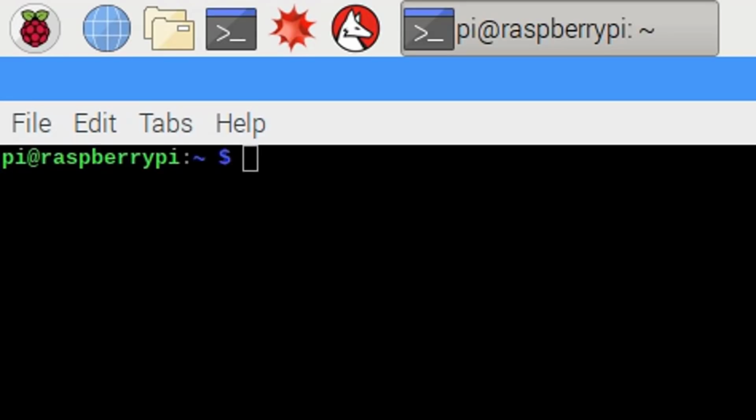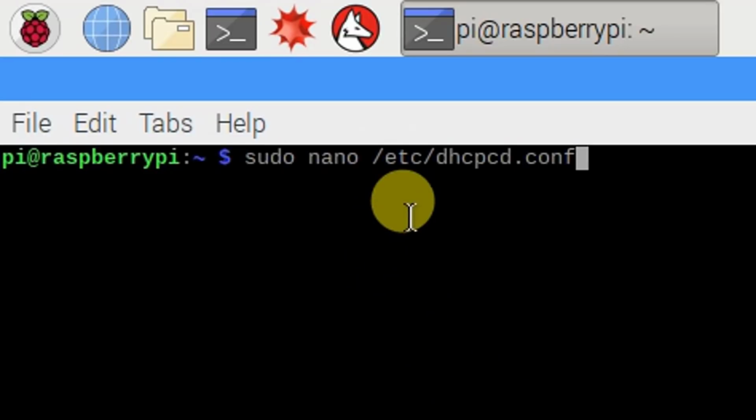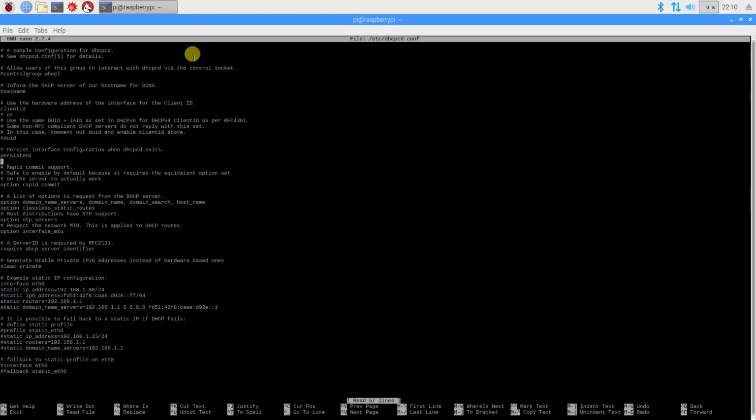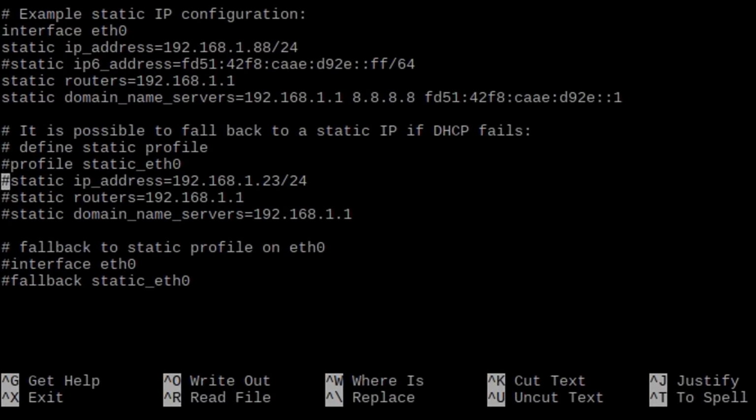So let's go ahead and paste the command right here. We need to edit this particular file, that is dhcpcd.conf, and the location is etc right here. So we are going to edit this file. I already added this file, I'll show you how you can do that. You just need to go down, and as you can see here, for static IP configuration